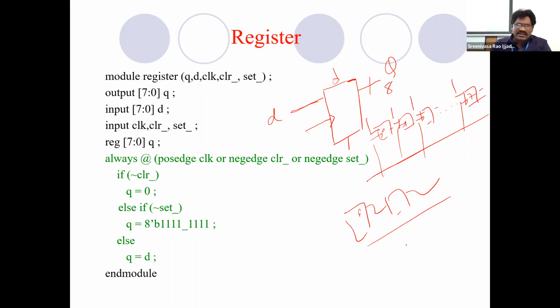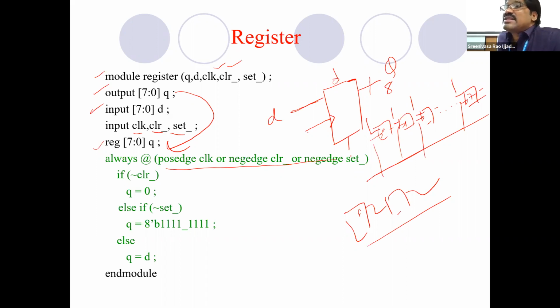See, this is the output, this is the input, everything is 8-bit. Of course, the register output should be a register in the behavioral modeling. The other scalar inputs are clock, clear, and set. The function of the clear and set. Because we have clock, clear, and set, you can include them in the